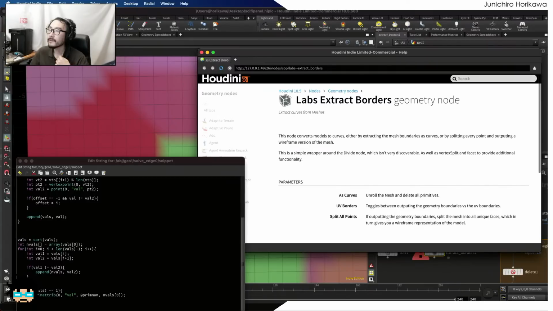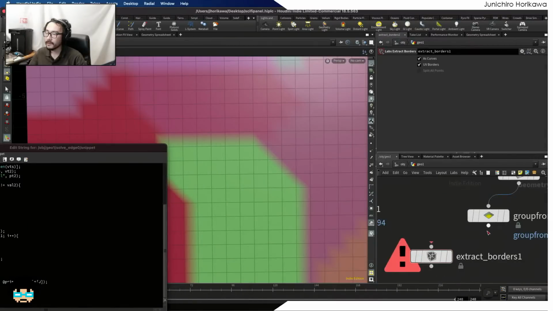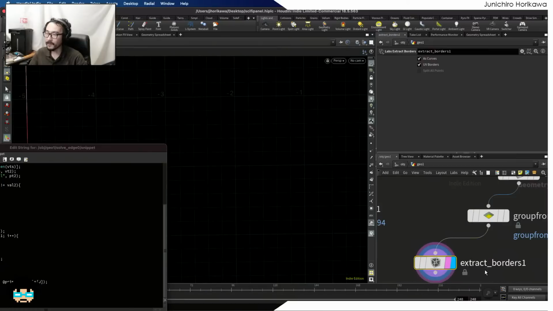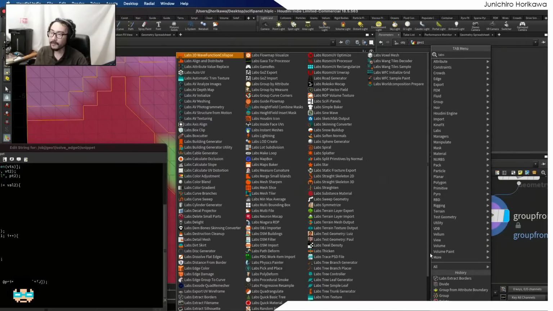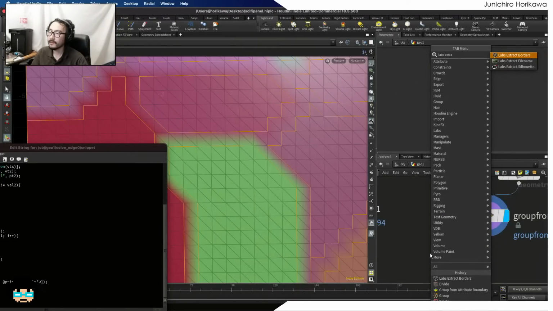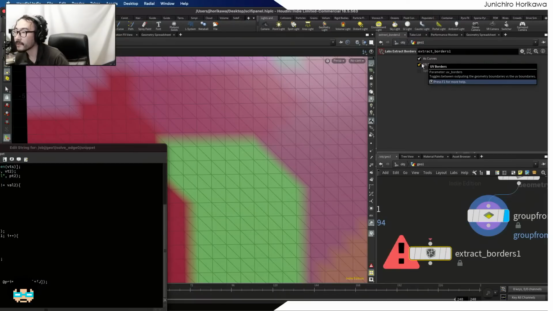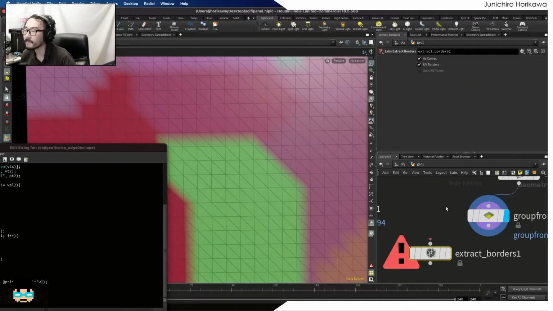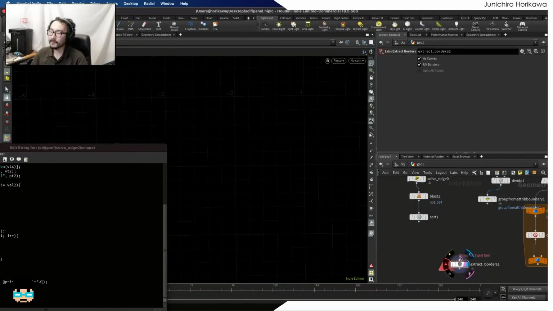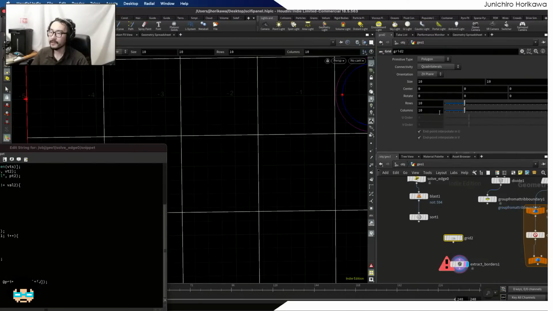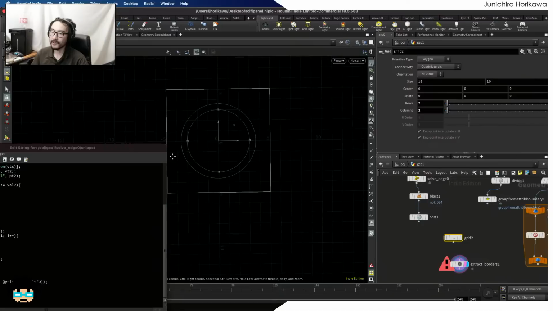I guess that if you run over primitive ID in a for loop and just generate planar UVs. I'm not sure what you mean by planar UVs. Wait a minute, labs. Extract border. So it toggles between outputting geometry boundaries versus the UV boundaries. Let me try out with a small example. I'm just going to create a simple 2x2 grid